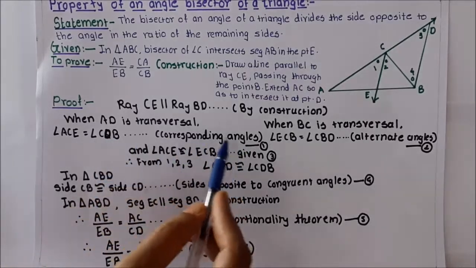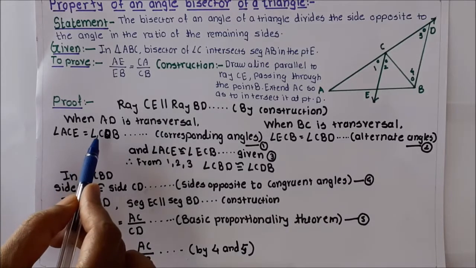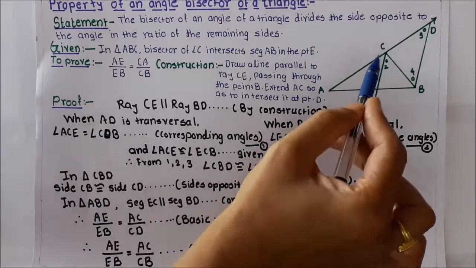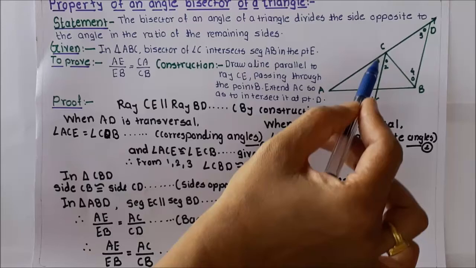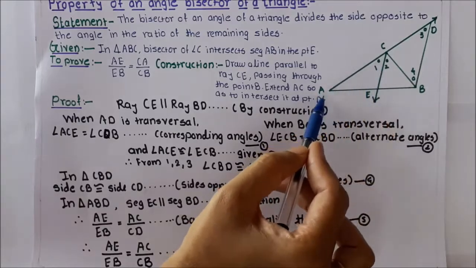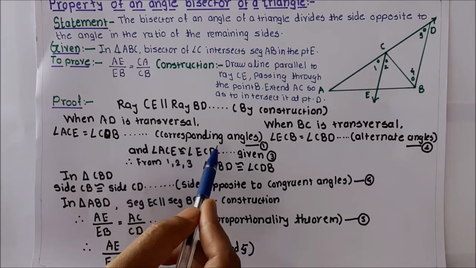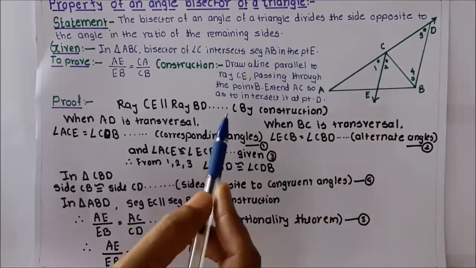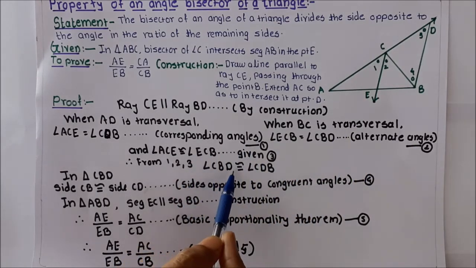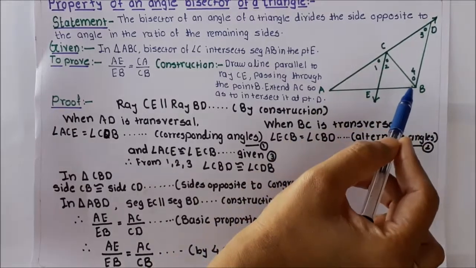Now we will give these two statements, number 1 and number 2. Means according to statement 1, angle ACE is equal to CDB, and angle ECB is equal to CBD. Now you can see this, as CE is an angle bisector, it is already told to us. As this is an angle bisector, these two angles are also same. Means ACE and ECB. Here angle ACE is equal to ECB because of this angle bisector. So from statement 1, statement 2 and statement 3, we can say that angle CBD is equal to CDB. Means this CBD is equal to CDB.